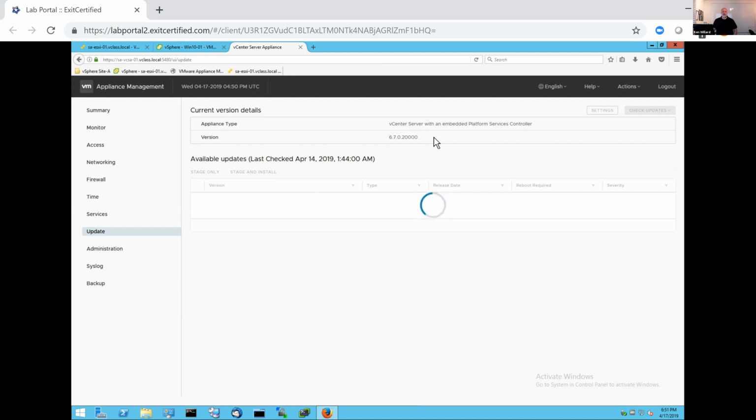The 6.7.0.2 is 6.7 update 1 code release. And right now, this system is trying to get to the online VMware update repository to see if there's anything new that's applicable to this particular deployment. Now, it's not going to work because we don't have public internet access allowed for this demo environment, so that